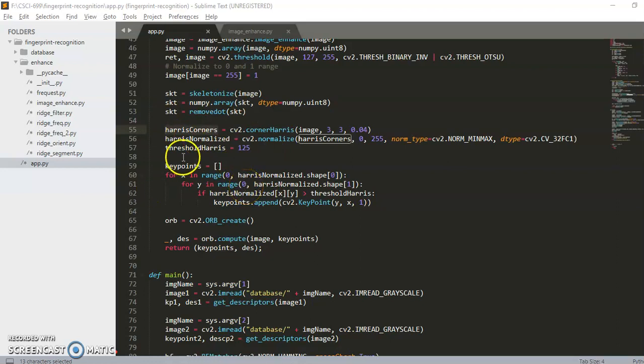This normalized image is saved into the Harris normalized variable. This Harris normalized variable then applies the shape object. Once we get this shape object, we run our for loop against that shape range and get all the key points which are required to match. These key points are all the vector coordinates gathered out of our computation on that image, and they are stored in this key point variable,